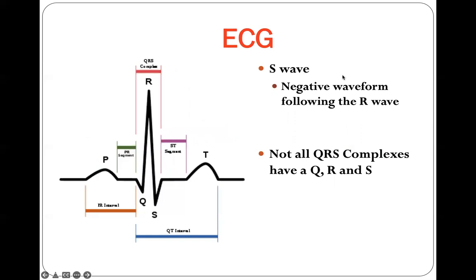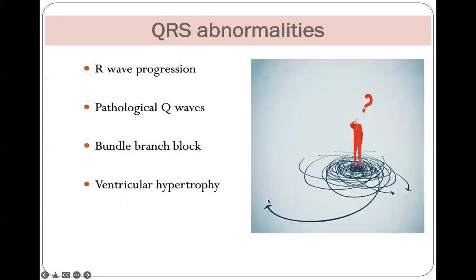And S wave is a negative waveform following the R wave. And for your knowledge, not all QRS complexes have Q, R, and S waves, not all of them. Okay, so after knowing the normal morphology, shape, amplitude, and the duration of the QRS complex, what are the QRS